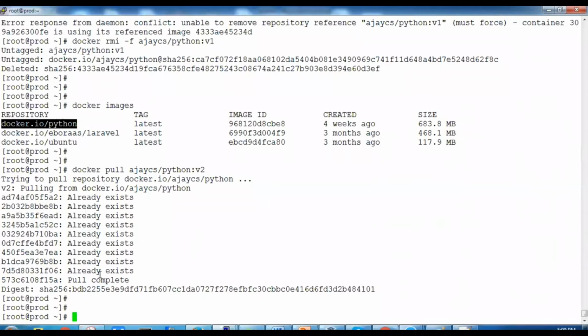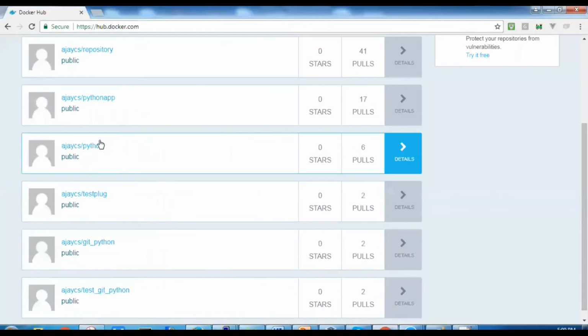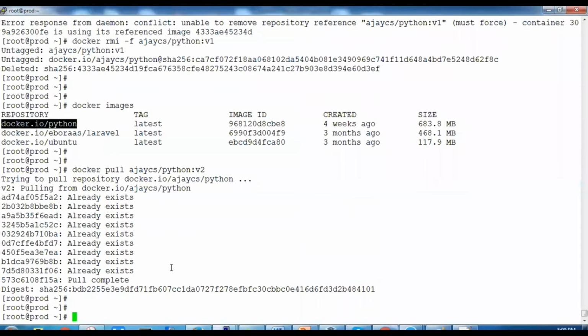If you have already pulled, this thing already exists on the local, and that's fine. But when you push to your Docker Hub, if all the base image is already there, like in my case, I already have Python, so all the 8 layers, I do not have to push again. That's the reason it says already exists. In case I have the 9th layer also, then it will skip that layer too and just push the 10th layer. That's it. We have already concluded that.